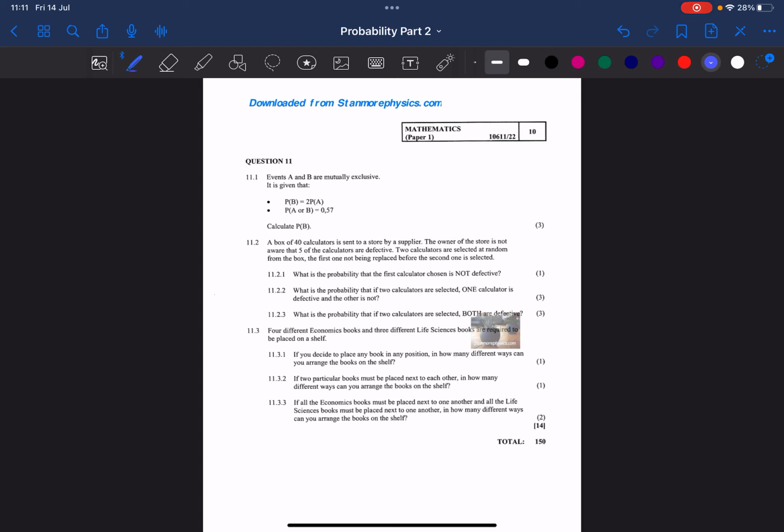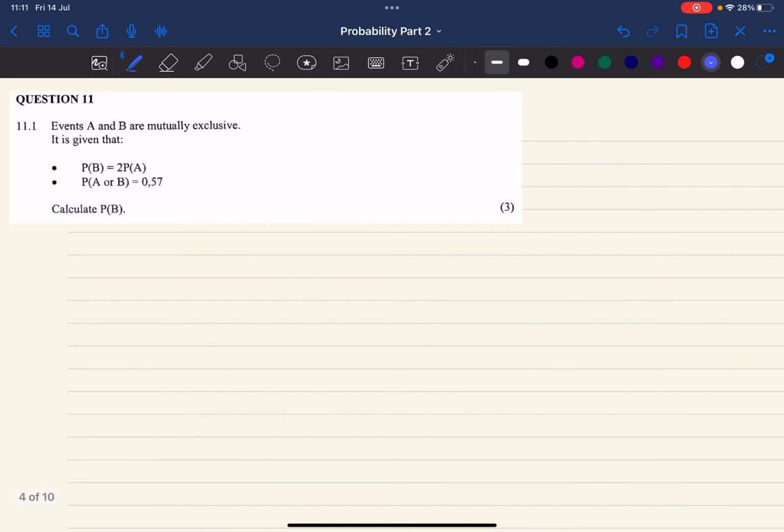And from there, you can email me your questions and I'll answer them whenever I can, obviously within an appropriate time period. So let's start with question 11.1. Events A and B are mutually exclusive. Here's the next page. We're going to look at it in detail and break down the question. So we have two events,